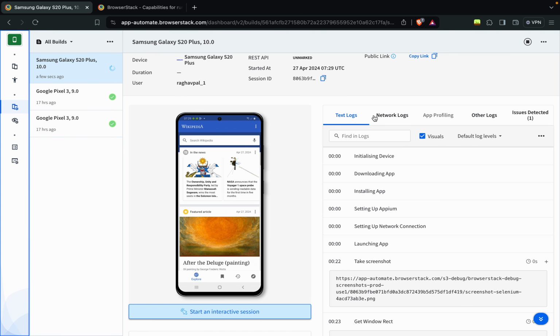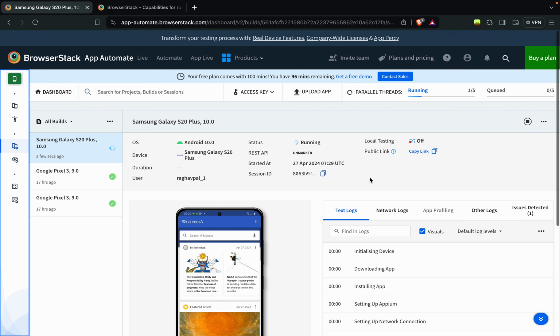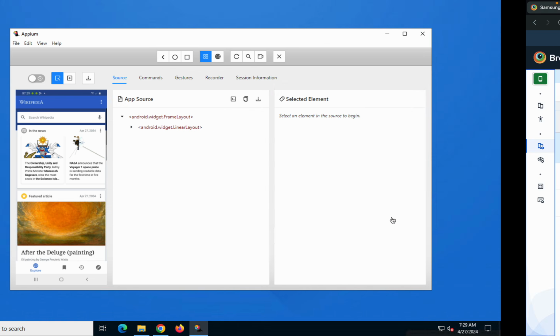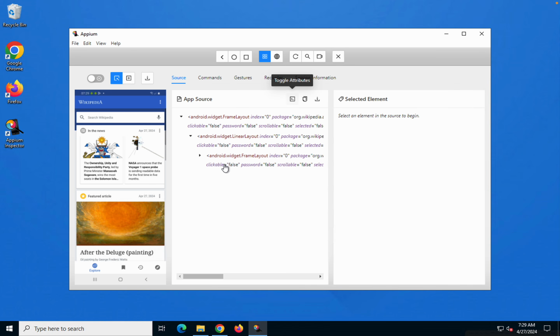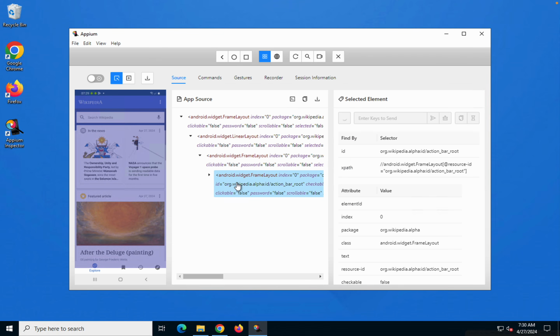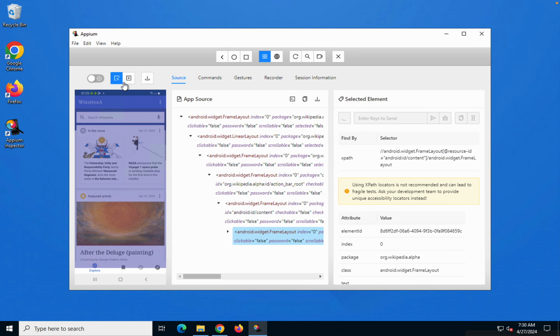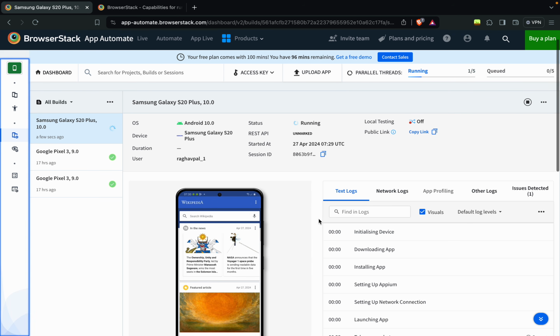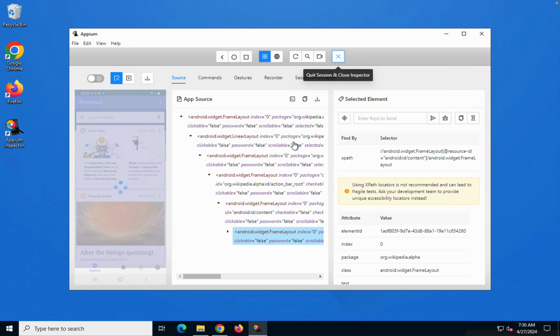Browserstack dashboard. You can check the network logs. All the logs are here. You will also get a screen recording of this session later on. Now if you want, you can interact with the application and see. You can do all those actions that we have already seen earlier. Okay, and once you have done all your testing or whatever things you want to record, you can then stop the session,